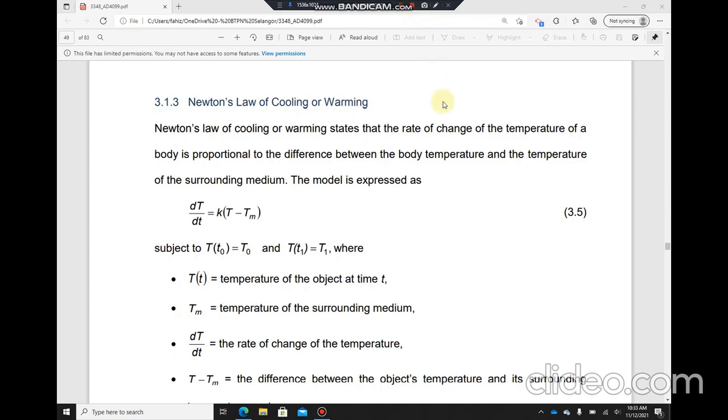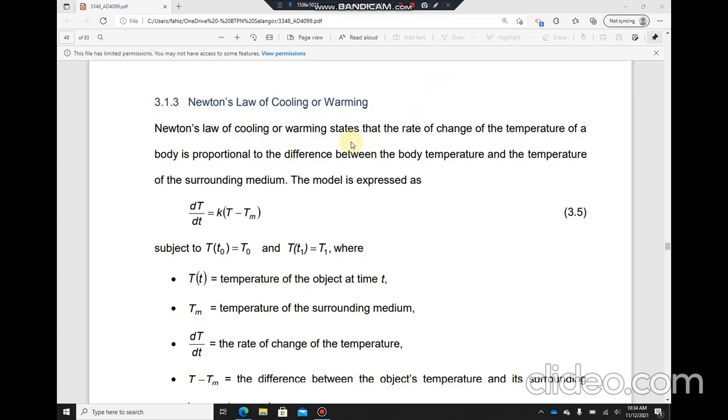Okay, so next we continue with Newton's law of cooling or warming. Newton's law of cooling or warming states that the rate of change of the temperature of a body is proportional to the difference between the body temperature and the temperature of the surrounding medium. The model is expressed as dT/dt = k(T - Tm), subject to T(0) = T0 and